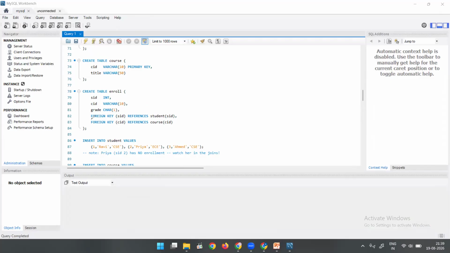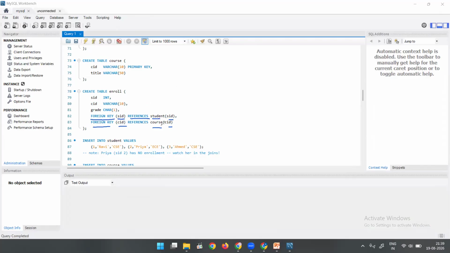Now after a comma, I have to add a foreign key. In brackets, I'll give the first column SID, which is taking references from the student table, student SID, and then another foreign key CID, which is taking reference from the course CID. So I hope you remember what a foreign key is. A foreign key is a key which takes reference from the base table utilizing its primary key.